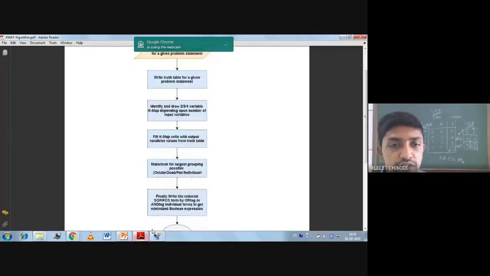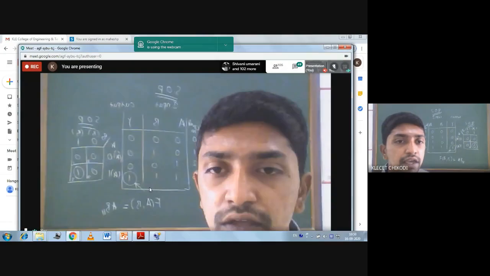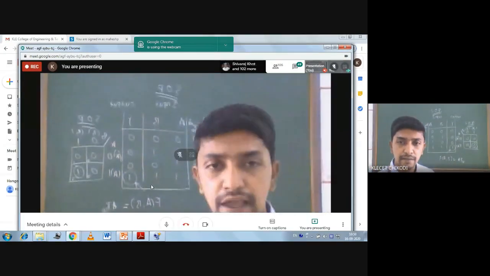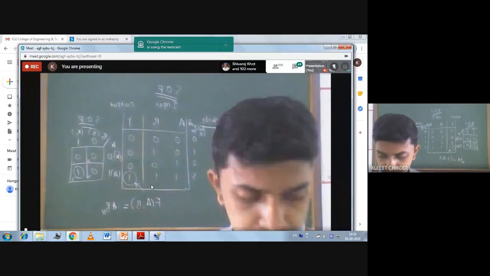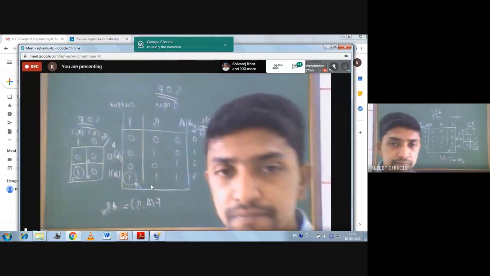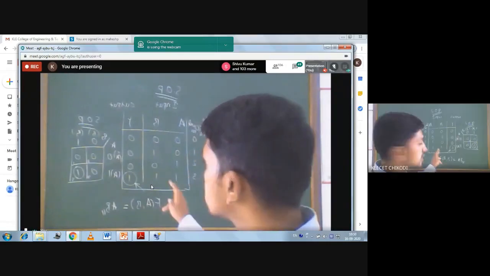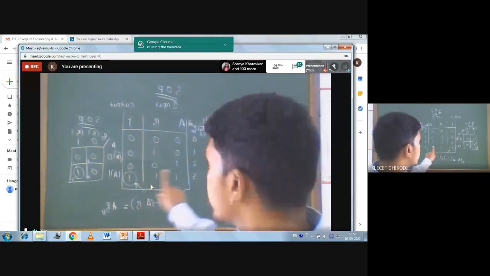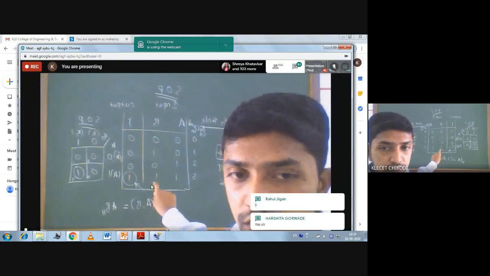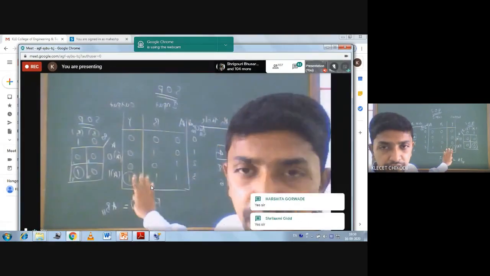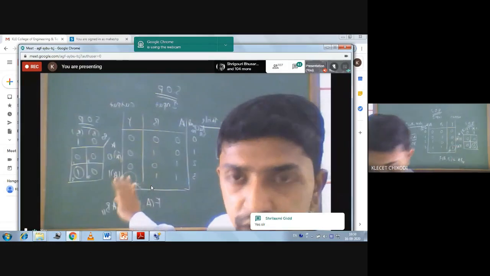Fine. So this is the method to draw a K-map for any Boolean expression. So is it clear? Is it clear, all of you? Yes, sir. This is considered using two variables, and we have considered only two input AND gate. Fine.